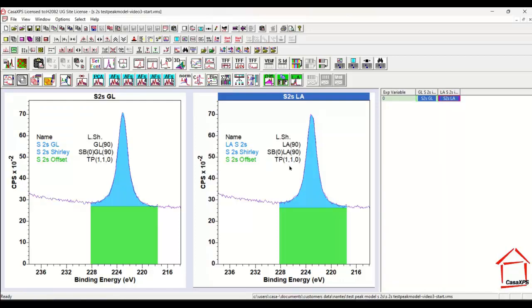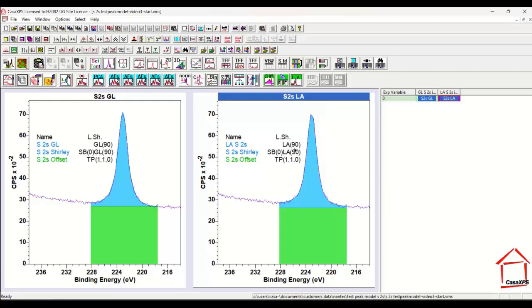And then a third component represented the offset in intensity that was a result of inelastic scattering from photoemission peaks with higher kinetic energy. The problem is that we may not have the optimum peak model for these data. It's very good, but it's not necessarily the optimum one. And when we want to choose from a set of line shapes, we would like to have some way of scanning the parameter that varies the shape of the LA line shape, and then from that scan choose the best